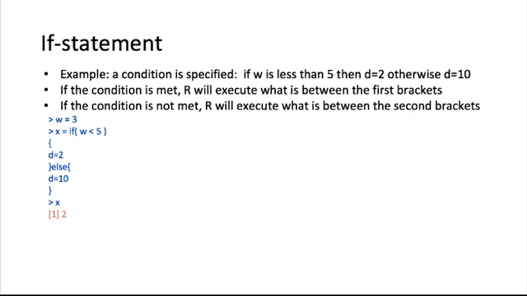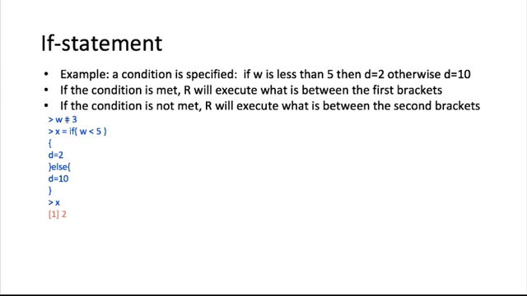So take for instance in this case, if we wanted to check whether w is less than 5, and if it's less than 5 we do one thing, otherwise if it's greater than 5 we do something else. Just a simple example just to get you thinking about an if statement. So if we begin by specifying a condition, specifying what w is, so w is equal to 3, and then we wanted to evaluate whether or not